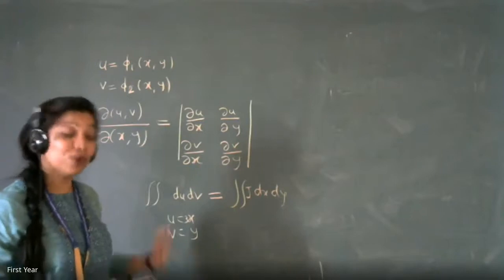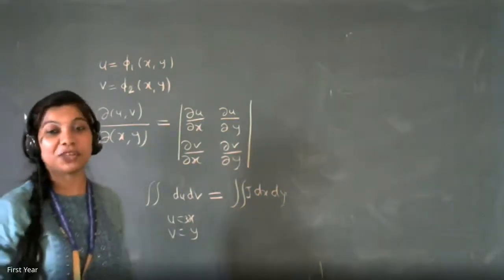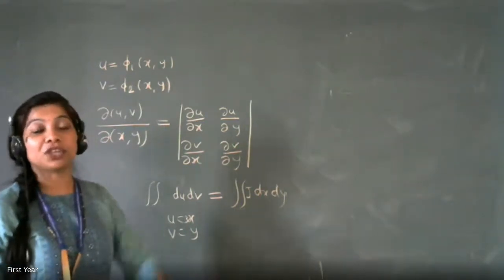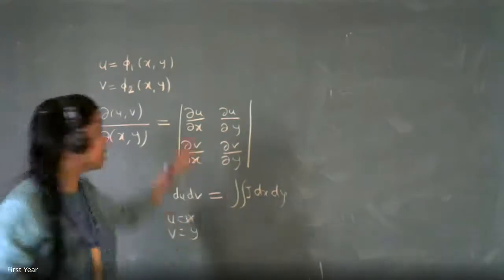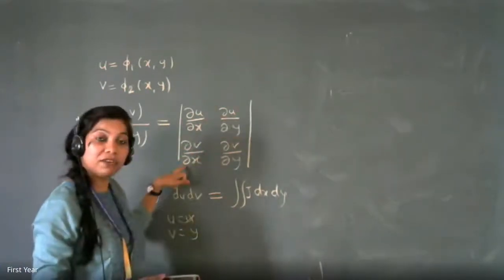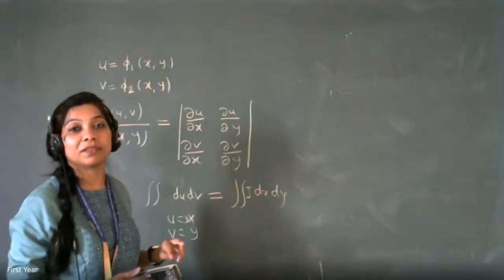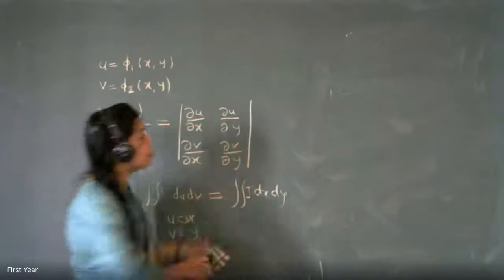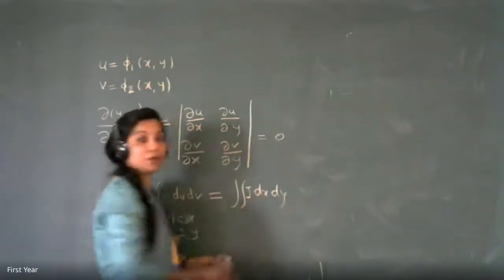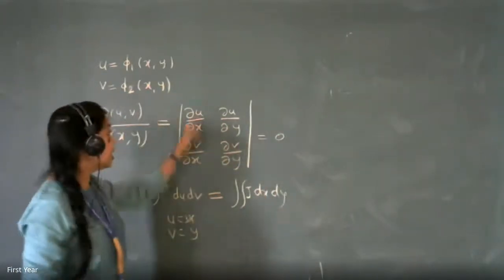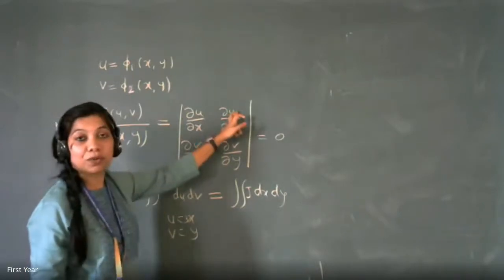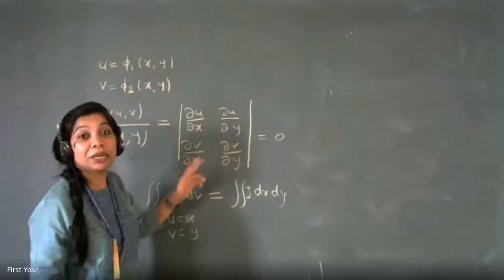If J is 0, good question, very good question, because that's the next point, one of the topics in this unit. If J is 0, that means the derivatives are cancelling out each other. That means they are depending on each other. U and v are functionally dependent. See, when the determinant is equal to 0, the reason is this into this minus this into this is 0. So there will be multiples of each other.